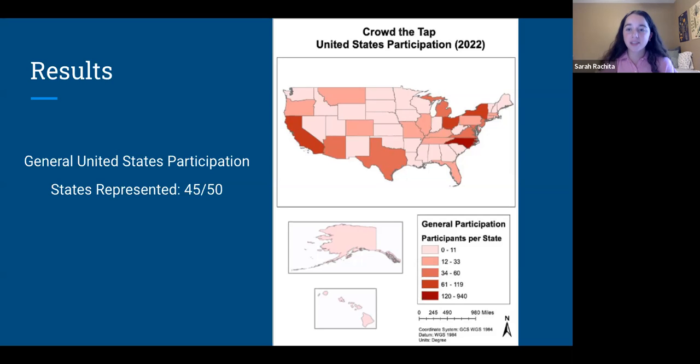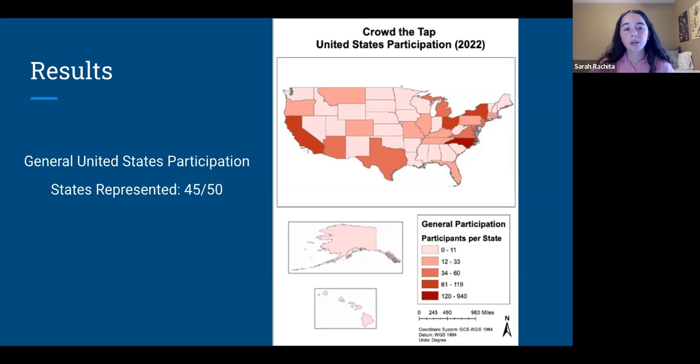We didn't know where we were even getting a lot of our data from. So it's just a general gradient of colors there. The darkest reds are where we have a lot of participants, and the lighter pinks are where we don't really have much information. Actually 45 of the 50 states are represented, so we only have 5 states where we don't have any participants. I would say that's a good starting place. You can see North Carolina, Ohio, and California have some pretty dark red, so that's where our biggest outreach currently is.